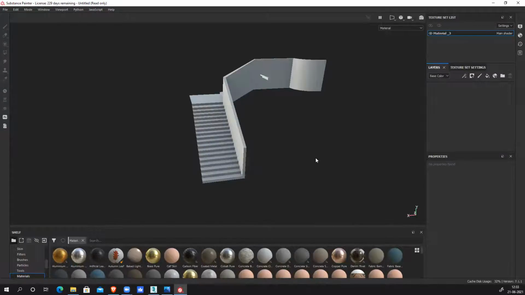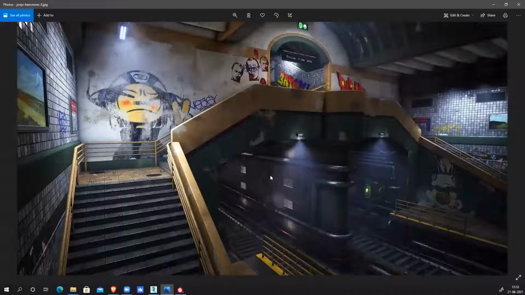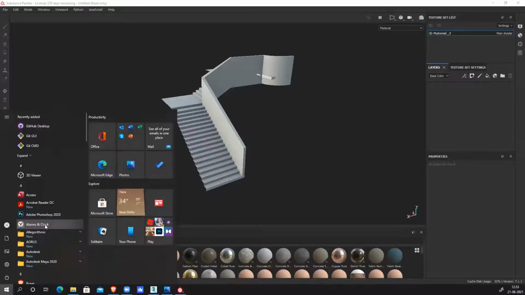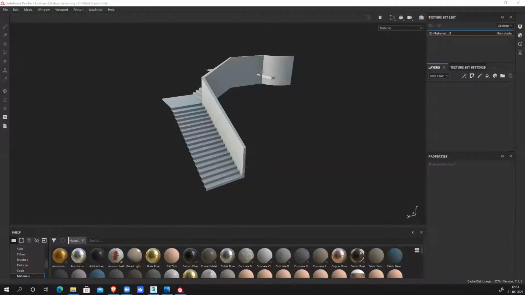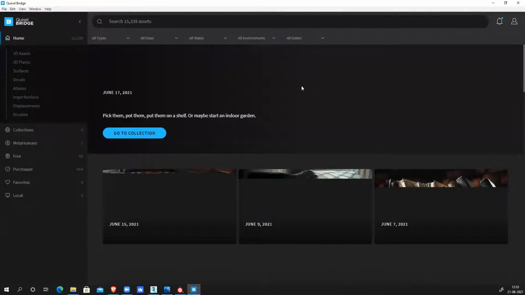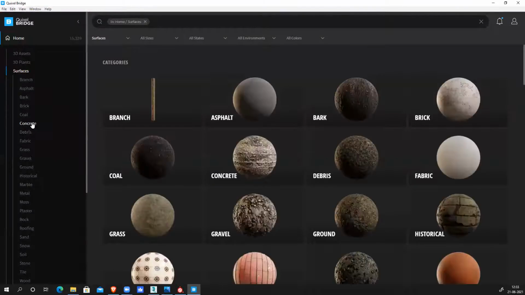Now I have to create texture. So let me check my staircase. I can see this texture, and this concrete texture. So I'll keep it aside. For this base, I will use some textures from the Megascans library. I have Bridge already. Surface. So I have tiles.